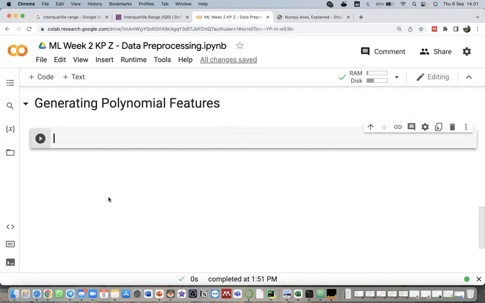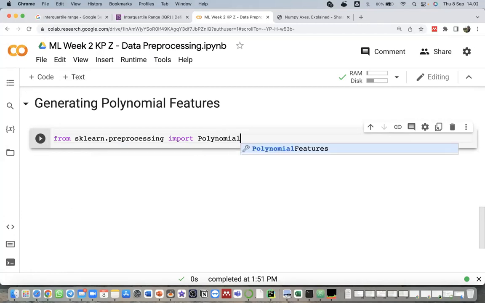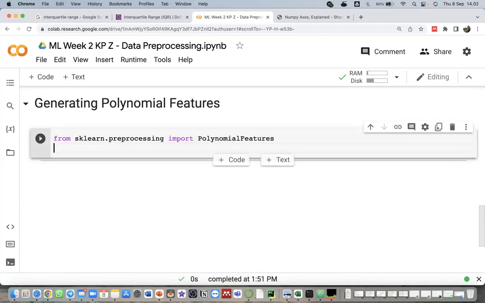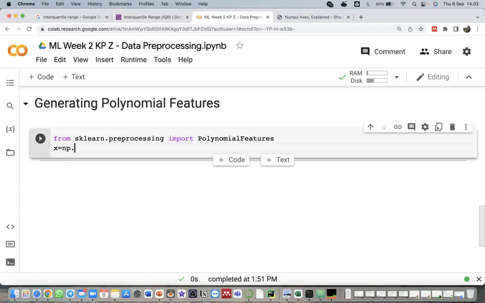We can also use the scikit-learn libraries for generating polynomial features. So we call scikit-learn preprocessing import PolynomialFeatures. Then we create a new x variable equal np.array.